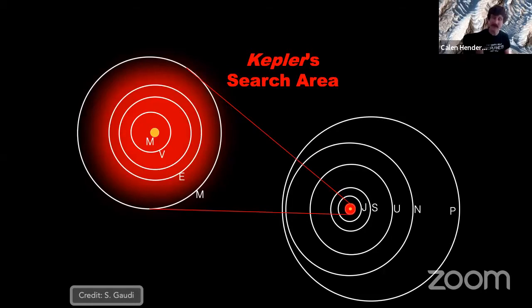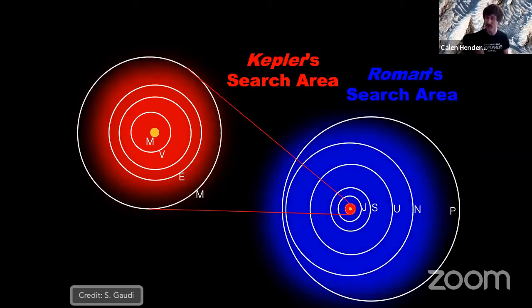And we can zoom in and see that this is really excellent for covering the types of orbital periods that we know the rocky terrestrial planets in our own solar system have, such as Mercury, Venus, Earth, and Mars. What the Roman Space Telescope will do with microlensing is probe farther reaches within stellar system architectures. Microlensing is not a technique that is strongly suited toward detecting planets that are very close in to their host star, but it is very well suited for detecting planets that are a factor of several times farther away. Not quite as far away as direct imaging is sensitive to, but in between transit and